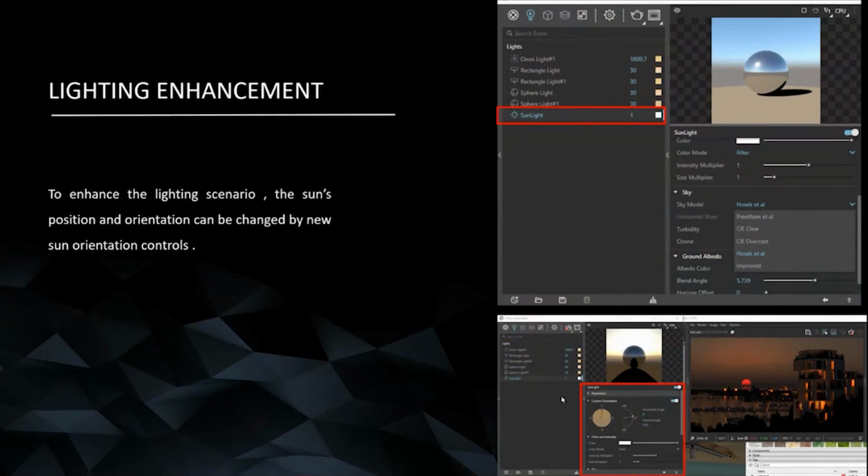And you might be knowing that in previous versions, we'd be editing all the sun position by changing the date and time in SketchUp. Now it's very easy that we can do it in the V-Ray Asset Editor itself. So the new sun orientation control, using that, we can change the position and orientation of the sun like whatever we want. And this makes it a lot easier to control the sun angles without changing our model orientation.